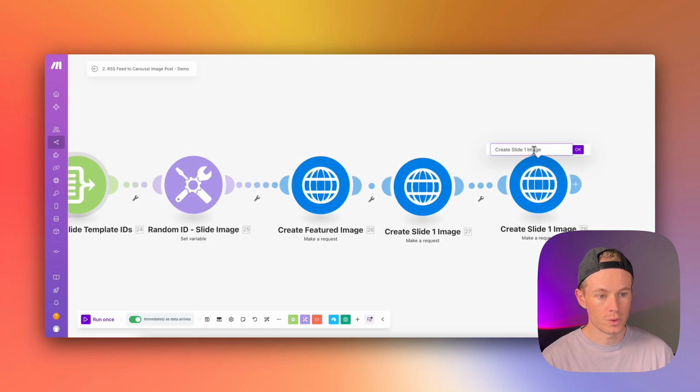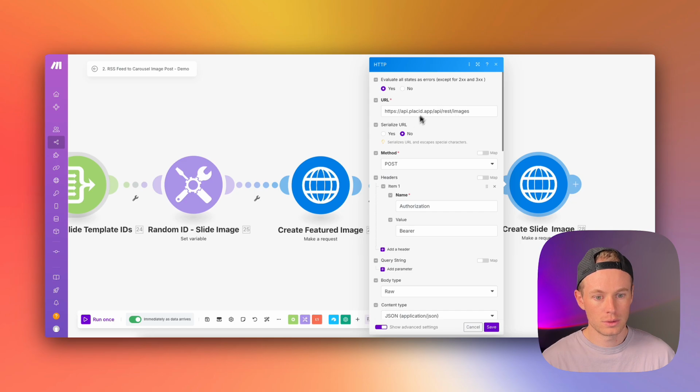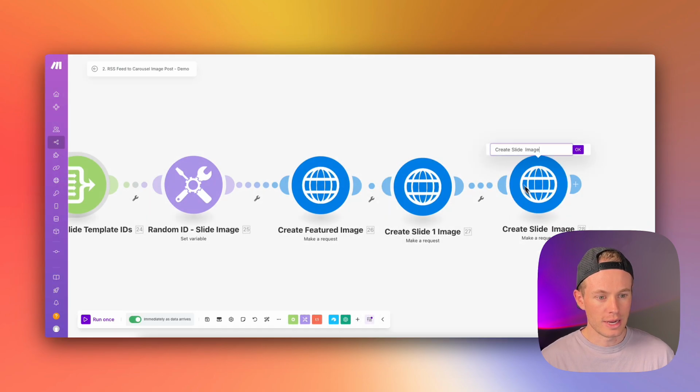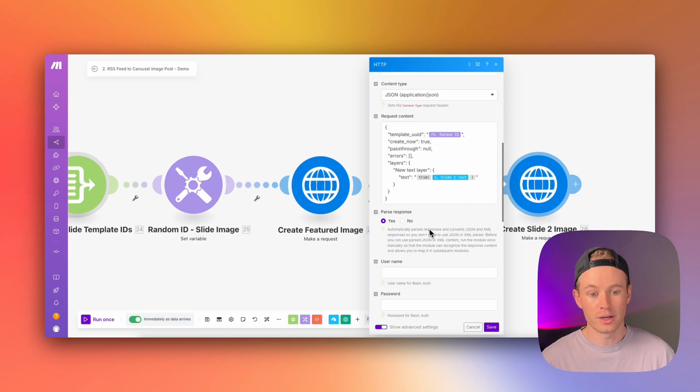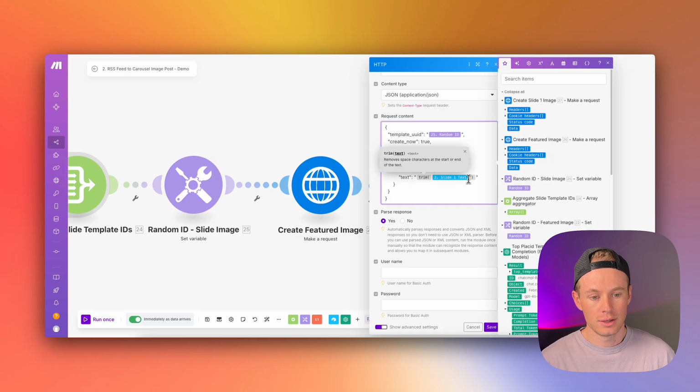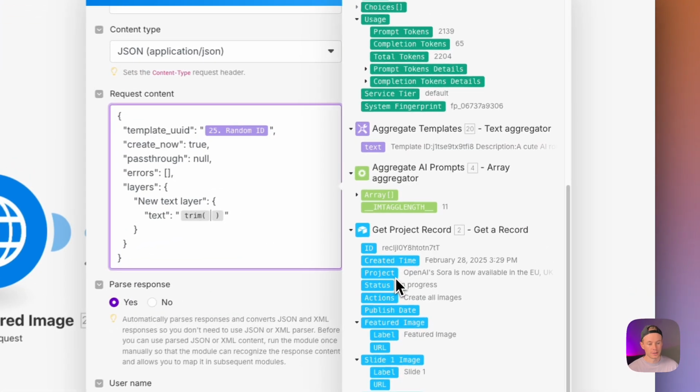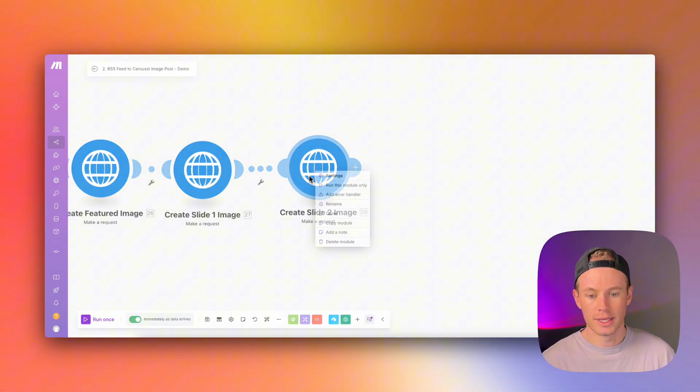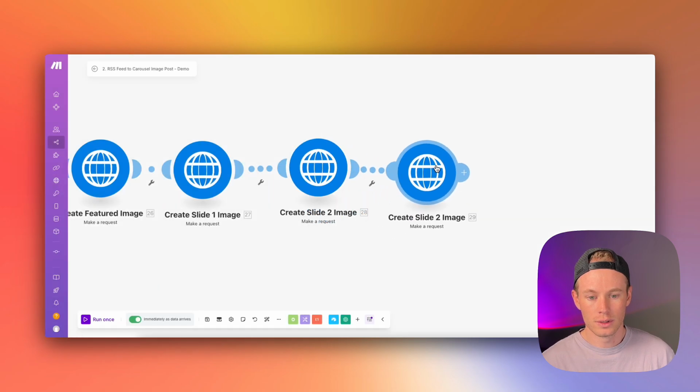Rename to slide two image, enter. Oops, I guess I just deleted it. Rename slide two, and then reconfigure. So again, we're using the exact same random Placid template ID, but we're gonna change that to slide two text. Hit save, and then lastly, clone, rename,